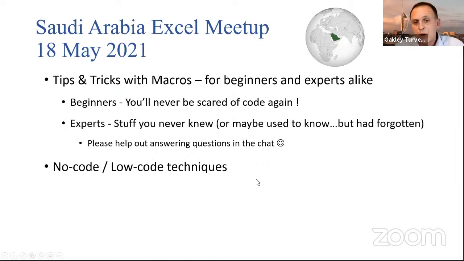We're going to be focusing on low code or no code because I find that's the best way for people to learn. Sometimes people are scared of looking at the code, and the first time they see the code, they don't understand it, so they then don't ever bother looking again. And I know that because that's what I was like. When I first started using VBA, I looked at the code, and that was a bad mistake. So it took me about 6 months before I even dared look again.